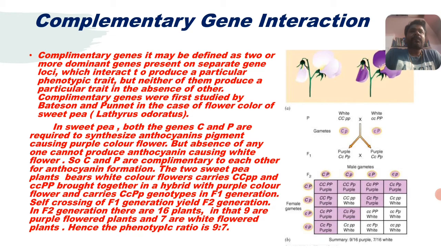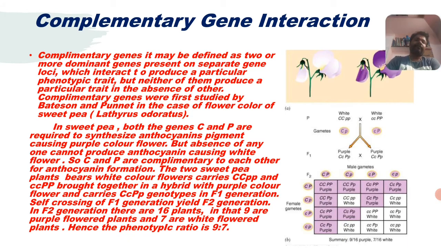Yesterday we already discussed the allelic gene interaction. Another example of that is codominance. The best example for codominance is the human blood group. The blood group genes carry different alleles like A, B, and sometimes AB. If it consists of the A allele of the gene I, then it is said to be A blood group. If it is B, then it is called B blood group.